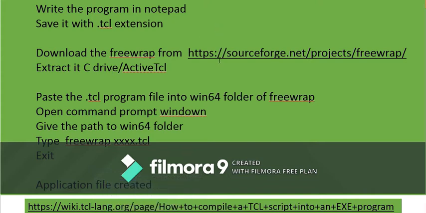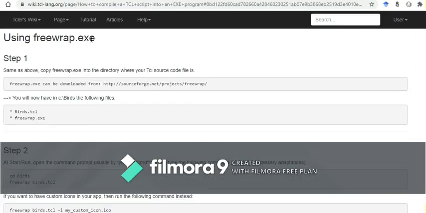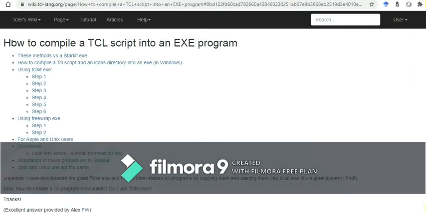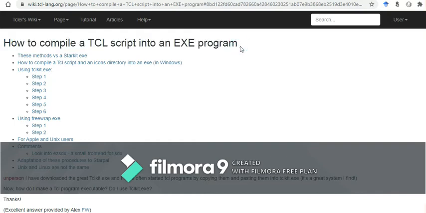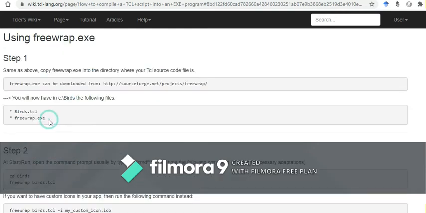To download the software, I have taken help from the wiki file of tcl-lang.org. In this wiki it gives instructions on how we can compile a TCL script into an exe program. It shows two different methods: using tclkit.exe requires 6 steps, and using FreeWrap it can simply be created in 2 steps.